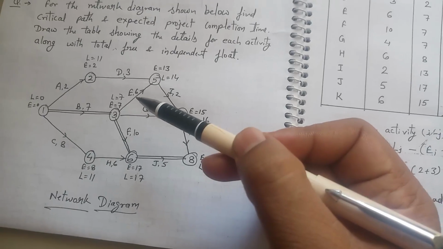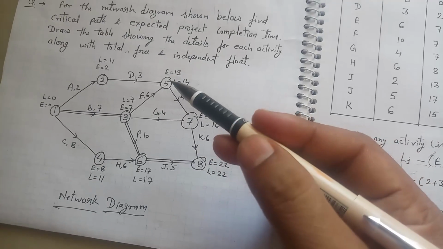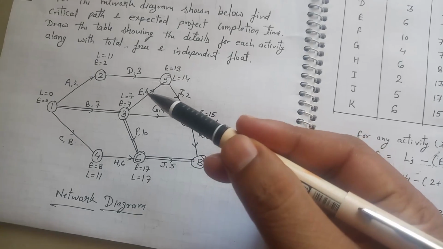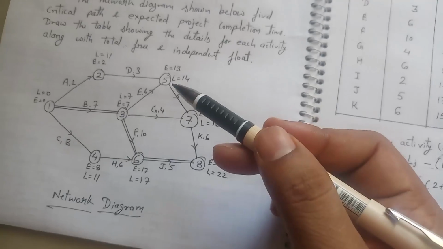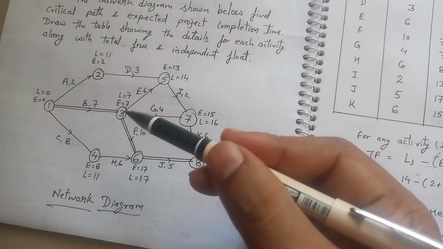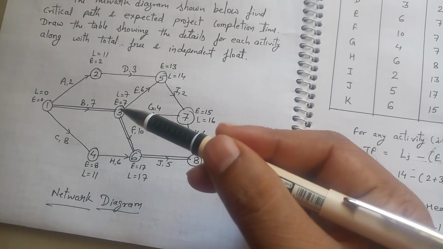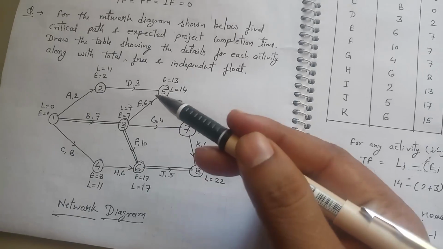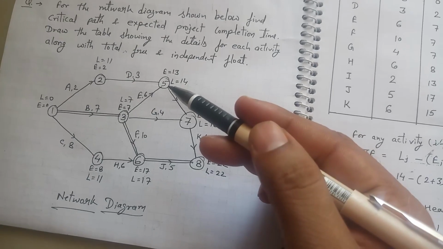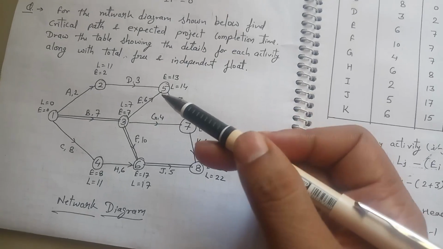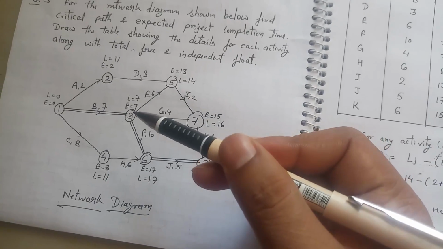For activity E, we have different paths from 8 to 5. For activity E, we can go from 7 to 5. 7 is the latest finish time for 5 to 3. The latest finish time for activity 5 is 14, and the latest start time is 14 subtracted by 6, which is equal to 8.